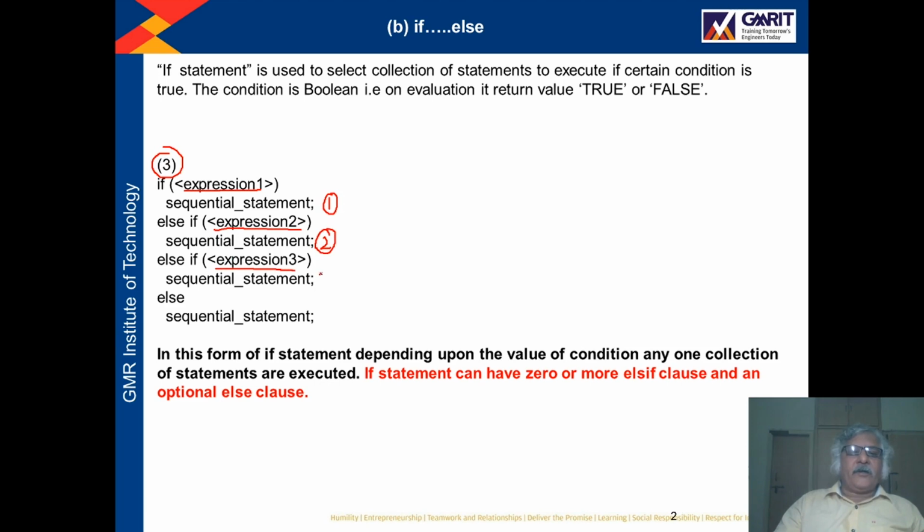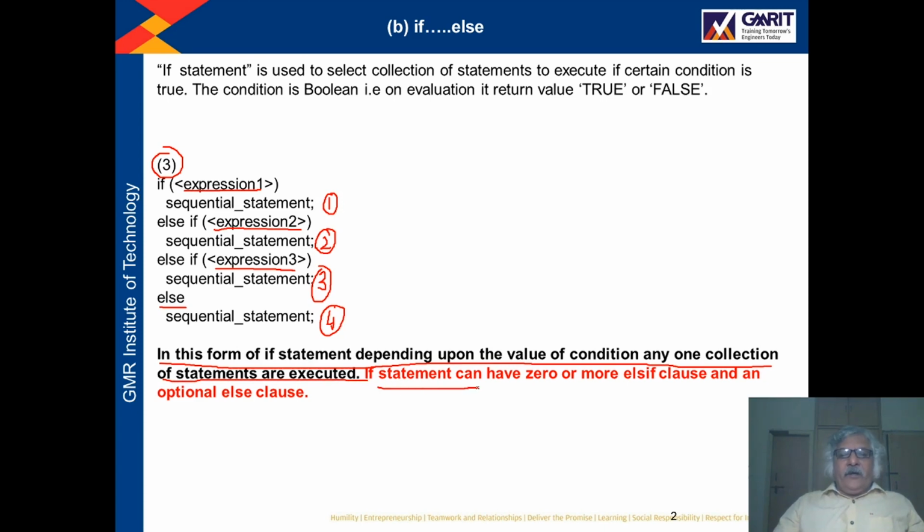Depending upon this third expression, the third set of sequential statements will be executed, and else the set of statements number 4 will be executed. So now here there are many conditions. Depending upon different conditions, a different set of sequential statements will be executed. So in this form of if statement, depending upon the value of the condition, any one collection of statements is executed.